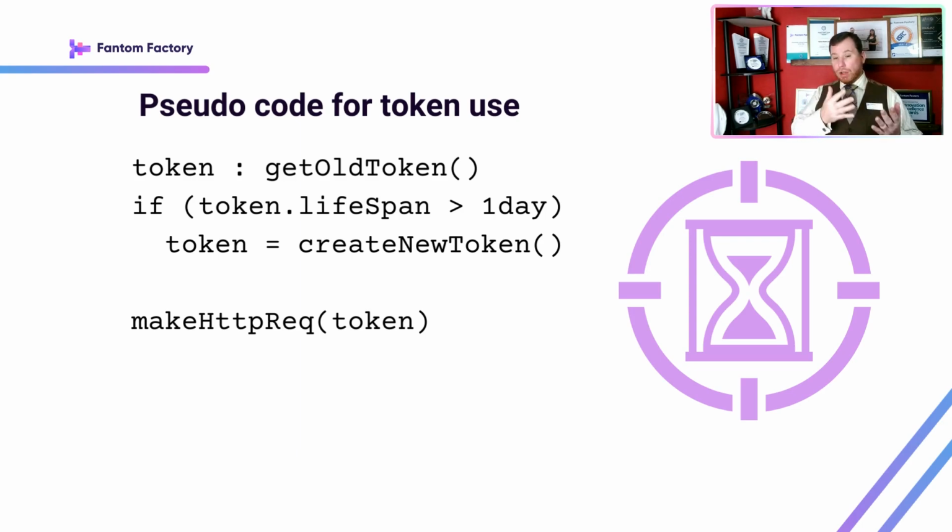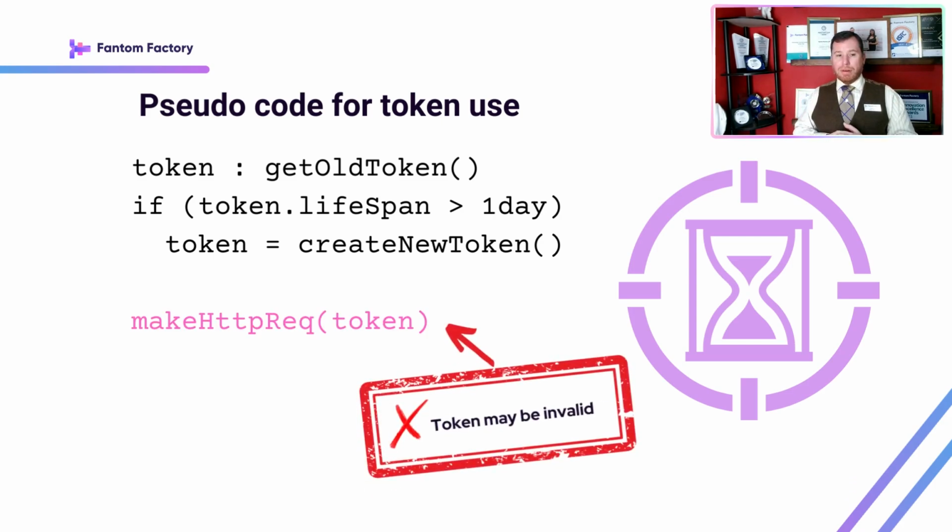A big difference between a token and our username and password is that a token will have a limited lifespan. Username passwords usually hang around for the longest time, or they don't change very often. But a token will have a limited lifespan, like it will expire after an hour, a day, or a month. So if we want to use a token, here's some example Axon code or pseudocode that shows how we can use it. We grab hold of the token, we check to see if it has expired. If it has, we use the username and password to get a new token again. And then we use the token to make our normal HTTP request.